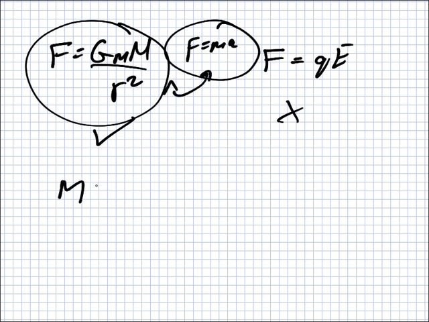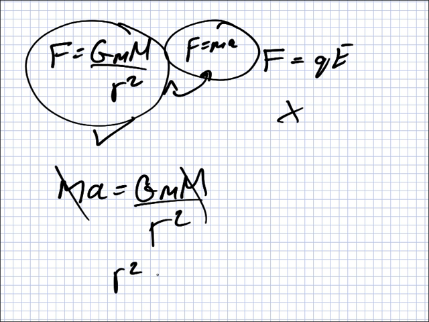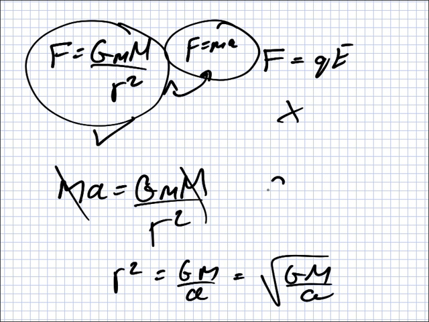So you would get ma equals GMm over R squared. You could cancel the m's, bring R squared up and bring the a down, and you'd get R equals root GM over a. And the a is the same as g, which in this question is 1.4. So you would need to use those two for the way you tried it. Okay? And I see you didn't have any luck with this one, Andek. You're totally confused.